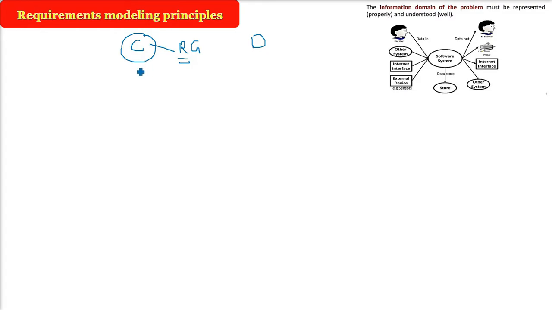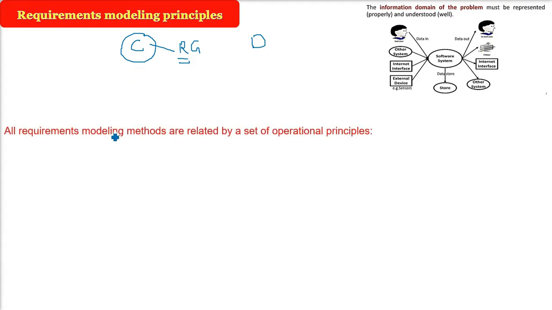Now, when we model it, when we present it in some form so that it can be transformed into design and then into coding, there are different phases: communication, planning, modeling, construction, deployment. So this is the modeling part. Whichever method you take for requirements modeling, what are the principles underlying it, in order to fulfill the use cases, the user requirements, and the timely delivery of the product?